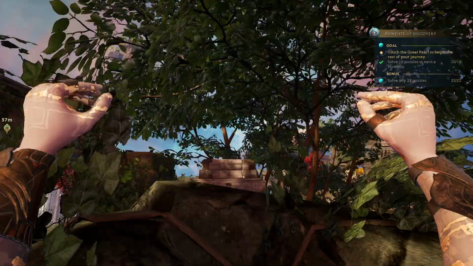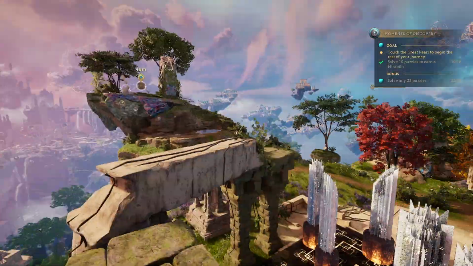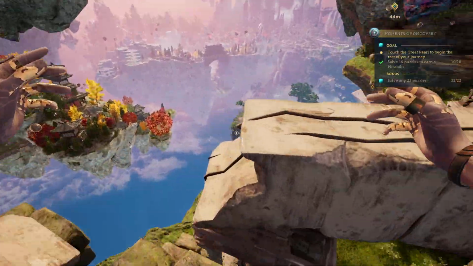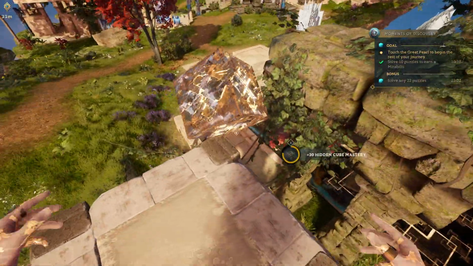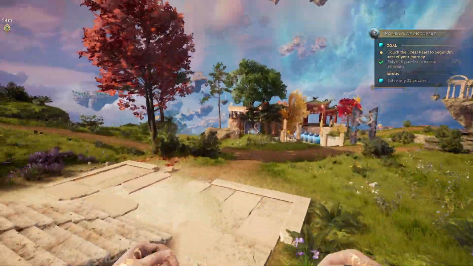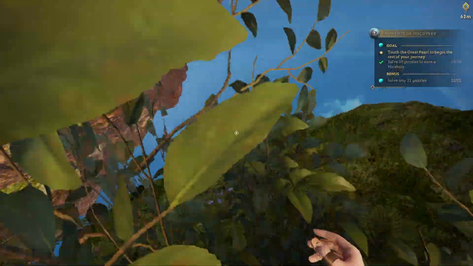Let's take a peek on top of these stone pillars. And I'm not seeing anything, so... There was a hidden cube up here. I lied. Okay. And then, if I recall correctly, I feel like there was an area down here, and then...